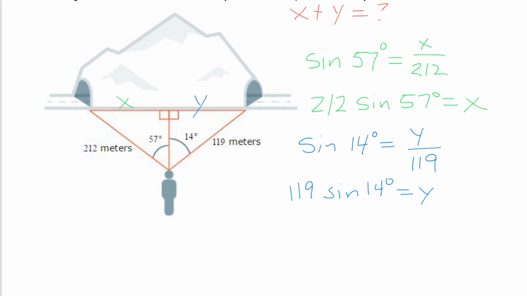And then our last thing that we need to do is add those two things together. So we want to take the X value, which is 212 times the sine of 57 degrees, and add that to our Y value, which is 119 times the sine of 14 degrees. And if you plug that in your calculator, you should get it to be about